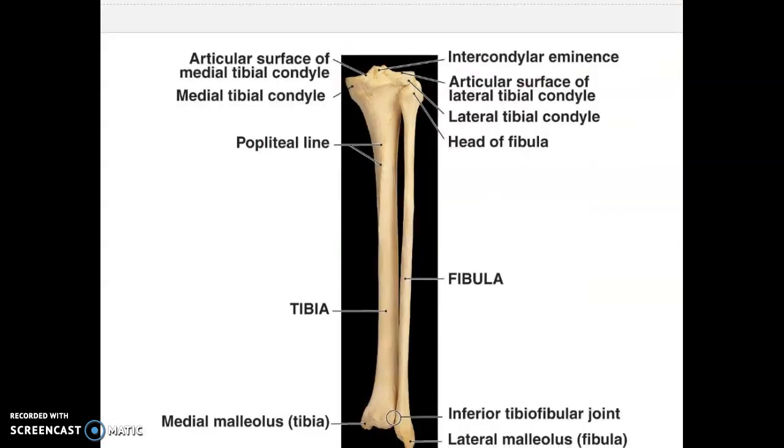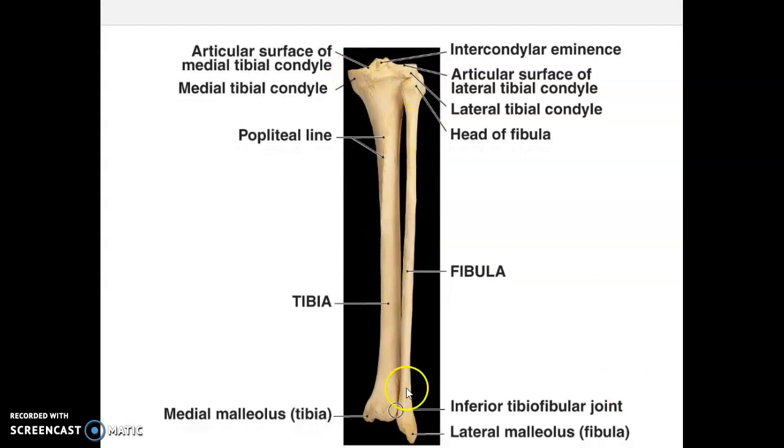Okay, again, looking at this posterior view, we can see our medial malleolus, so we know this would have to be the right leg because we don't see the tibial tuberosity, so this would be the back. Posterior view, we do see that this is our medial malleolus, so that means this would be the medial side. Okay, but we see then the medial condyle and the lateral condyle, and then between the condyles, we actually have